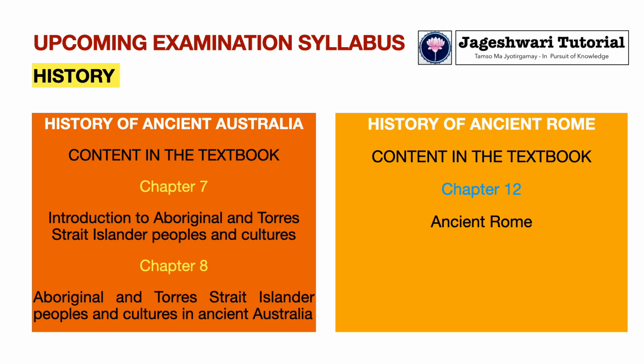These two topics cover three chapters of your textbook: Chapter 7, Chapter 8, and Chapter 12. So, in order to prepare for your upcoming examination, we need to discuss some 24 subtopics